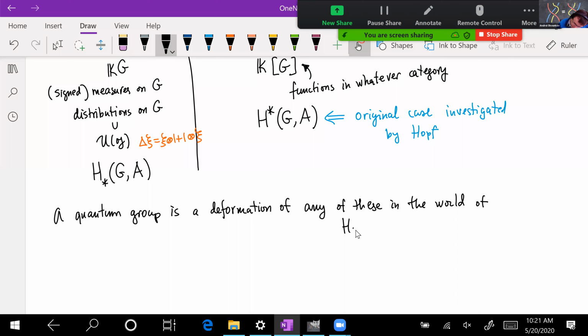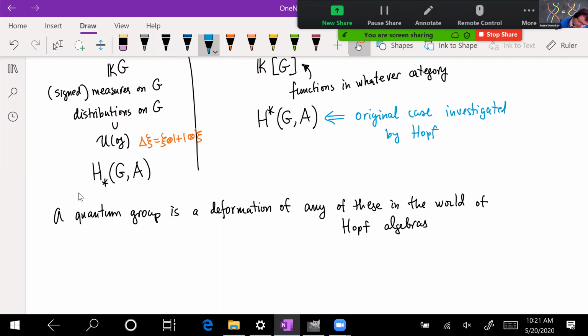Of Hopf algebra. And the main direction in which this deformation is going, so that's a definition if you want to say, is that if we look at this column here,